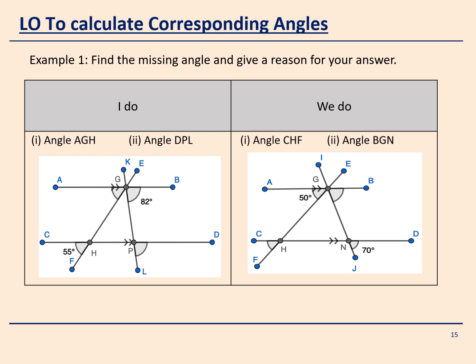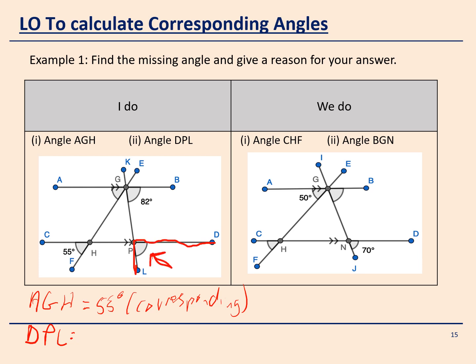Right, so we said AGH equals 55 degrees, corresponding. We're going to look at DPL now. So go to D, go to P, and go to L. So it's this angle here. It's corresponding to this one. So DPL equals 82 degrees, corresponding. Okay, you start the we do now